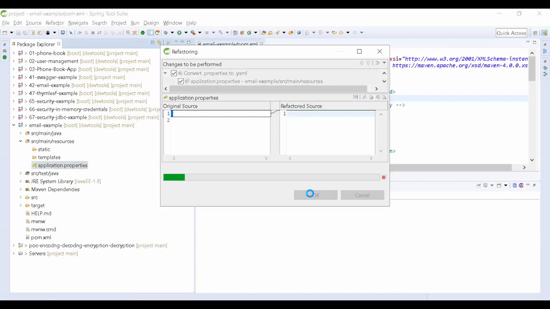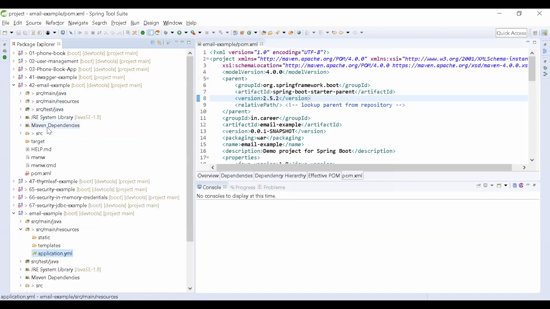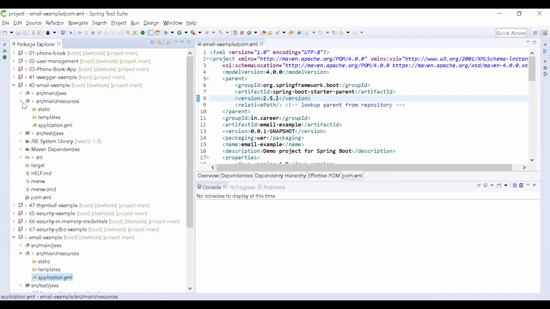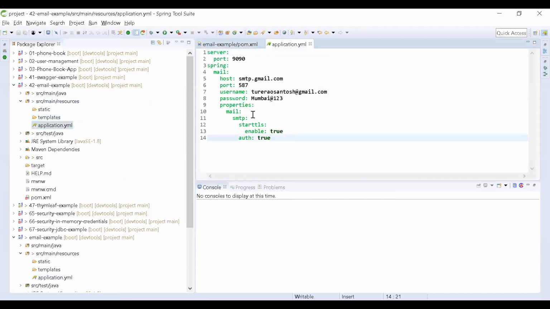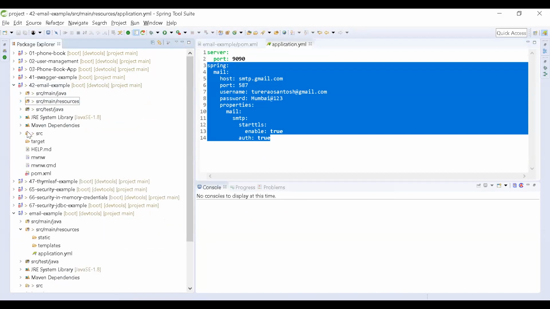It will take fewer properties. Look at here. First I'm going to configure. I already have a few of the details, so I am taking them from my YML file. You have to fill these details as per your own. I am copying that YAML to my application.yaml.